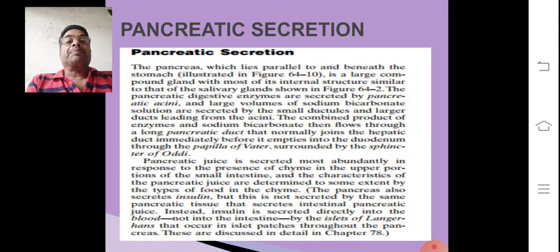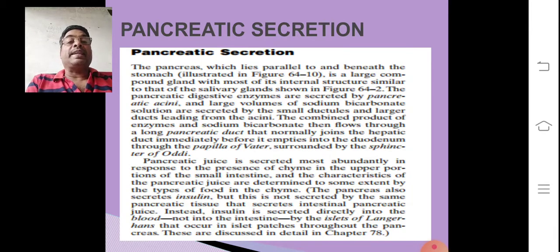Pancreatic secretion. The pancreas, which lies parallel to and beneath the stomach, is a compound gland with most of its internal structure similar to that of a salivary gland. The pancreatic digestive enzymes are secreted by pancreatic acini, and a large volume of sodium bicarbonate is secreted by the small ductules and large ducts leading